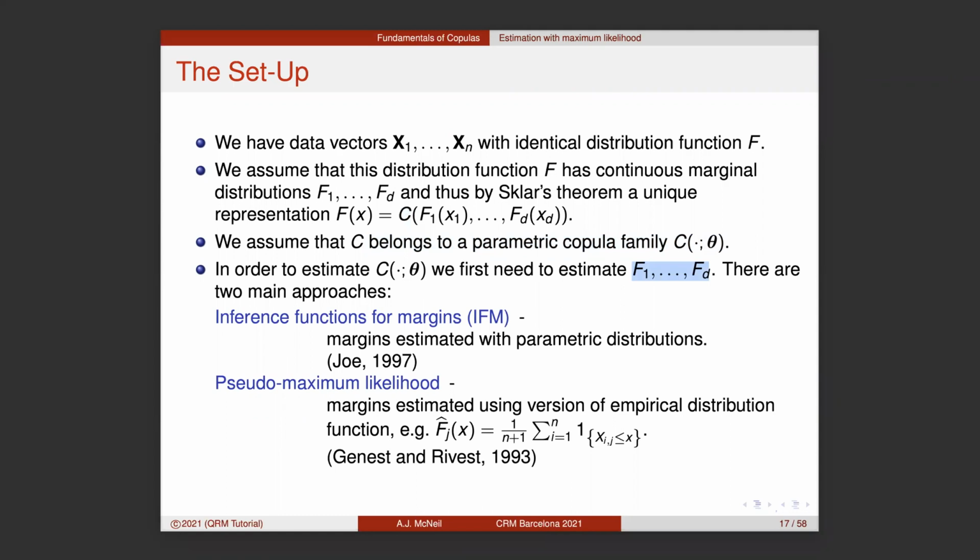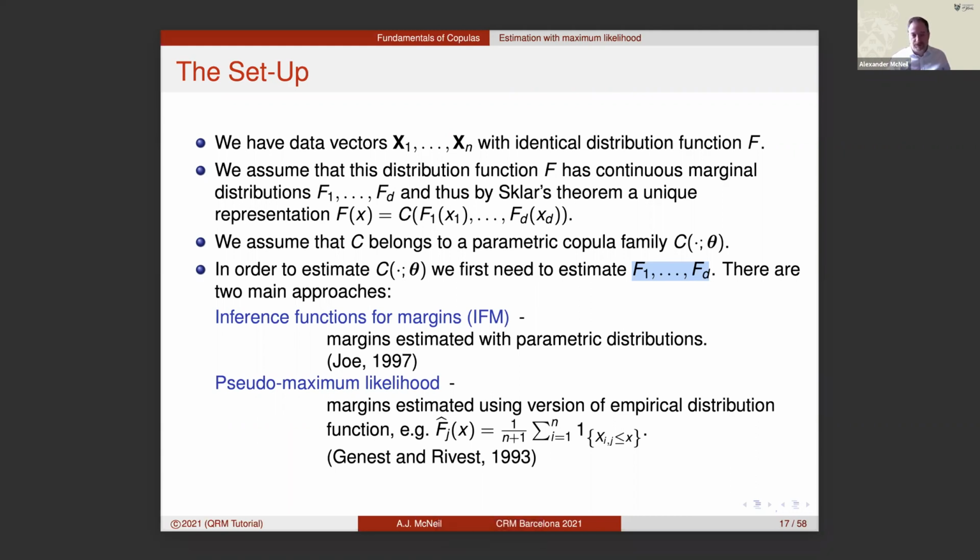And in that sense, the marginal distributions are often nuisance parameters, but it depends. There may be some applications where both are equally important, where you want to know the best distributions for each of my risk factors and what's the best copula to describe their overall dependence. And so there are two main approaches that people use, which can be summarized as parametric inference for margins or